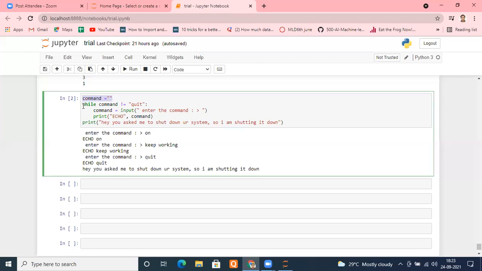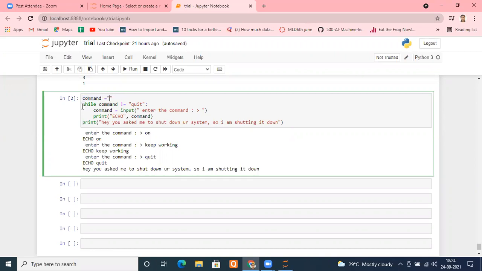Putting something else makes no sense. If I put hello or something, what would that mean? Nothing. We haven't taken any input from the user yet, so how can we decide what he will input? That's why I put an empty string. Why should we put anything when we haven't asked anything from the user? We cannot guess what he will say, so I let it be an empty string. We don't know what the user will say.